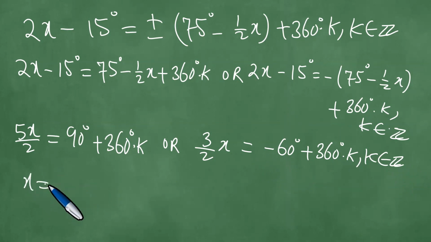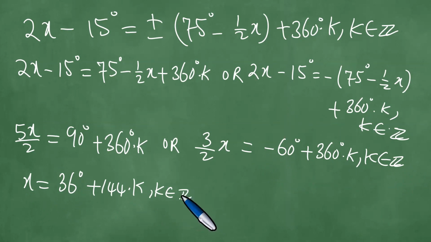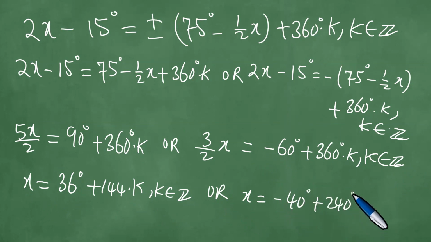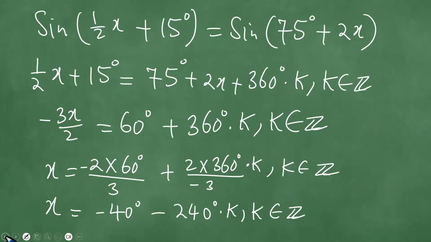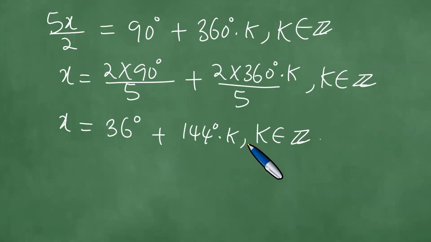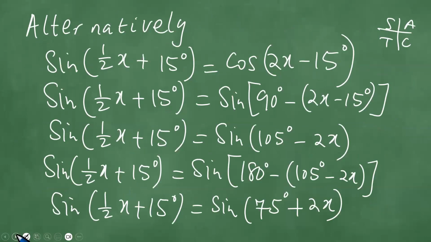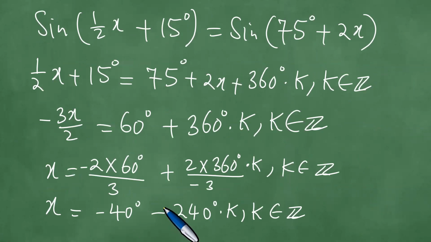If you solve here, we get 36 degrees plus 144 times k, where k is in the integers. Or this is exactly minus 40 degrees plus 240 times k, where k is in the integers. And this gives us some solutions as well to the problem. Now, the 36 degrees was obtained in the beginning. We got the 36 degrees plus 144 degrees by k. But in the second part, we got this, and we're able to achieve the minus 40. Now, this minus 40, we can see that minus 40 minus 240 by k